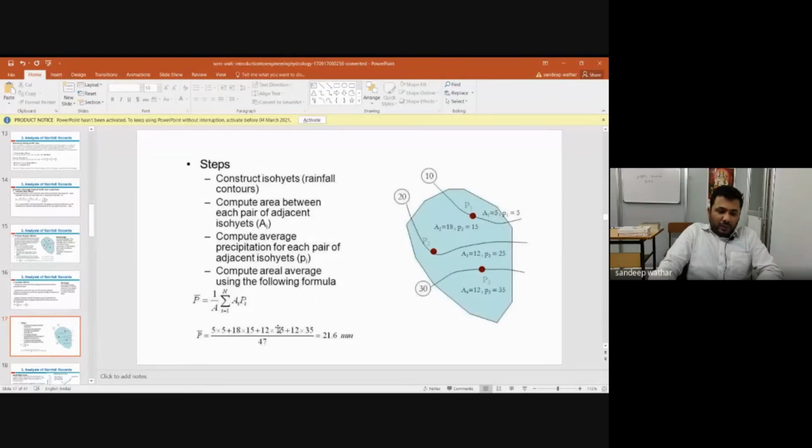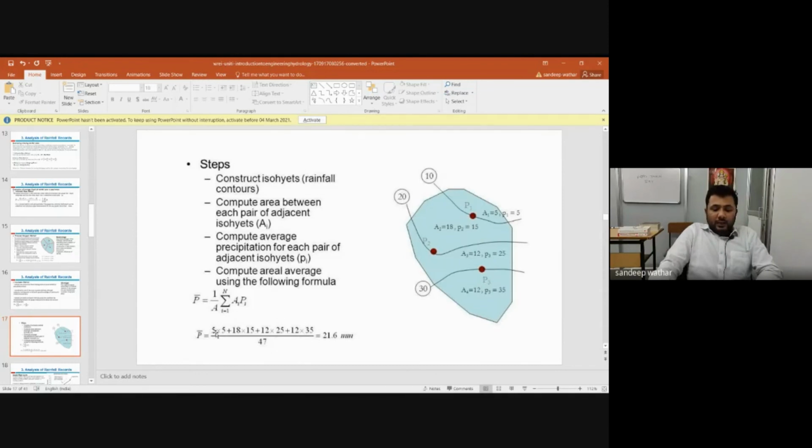A2 is 18, and A2 should be multiplied by P2. P2 is 15. So 18 multiplied by 15. Similarly, this is another area, which is A3. A3 is multiplied by P3, which is 25. Again, this is an area which is A4. A4 is multiplied by P4, which is 35. I hope this is clear.